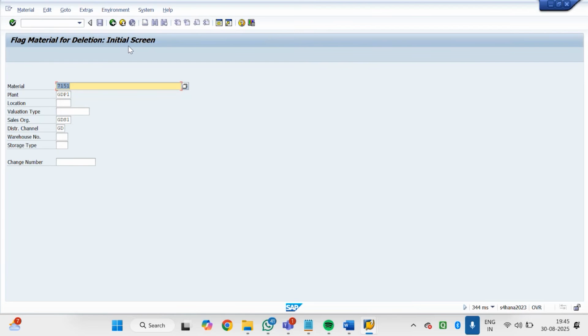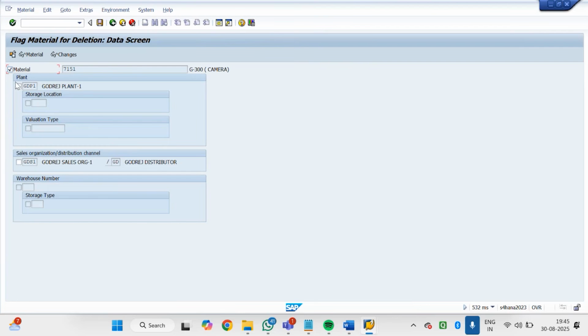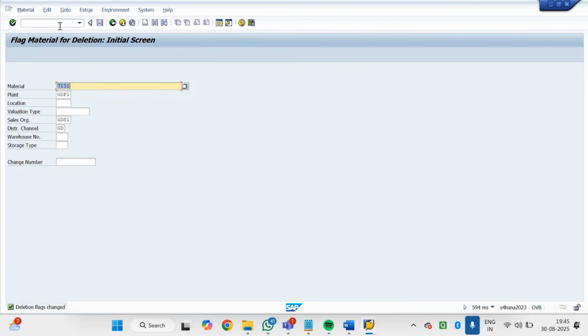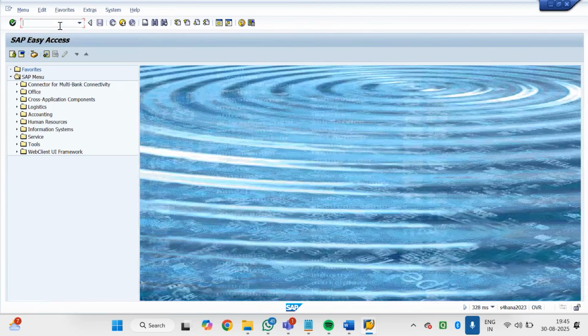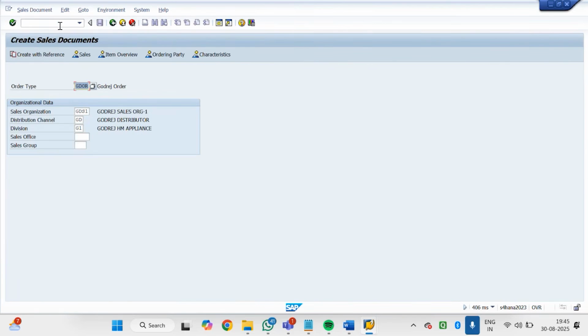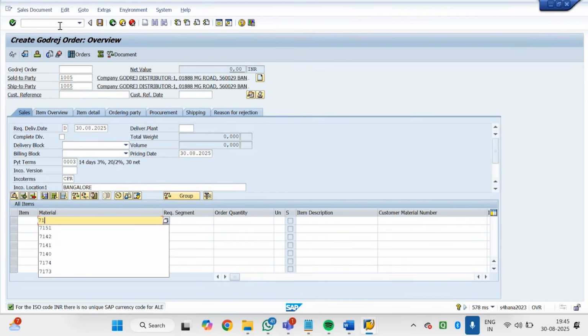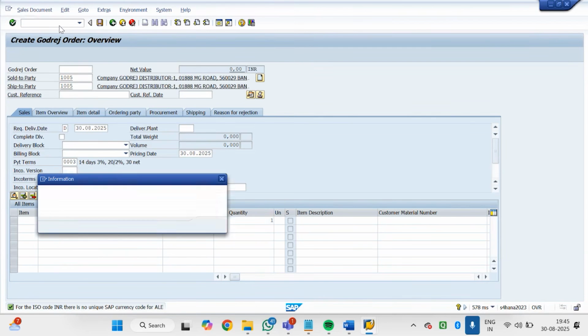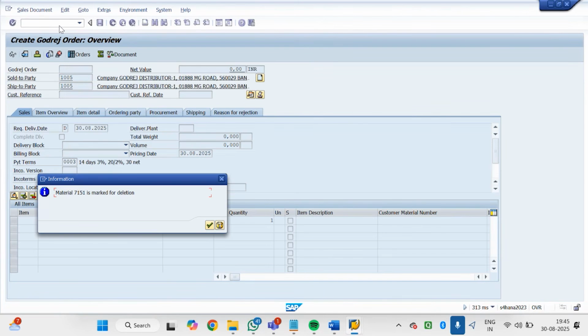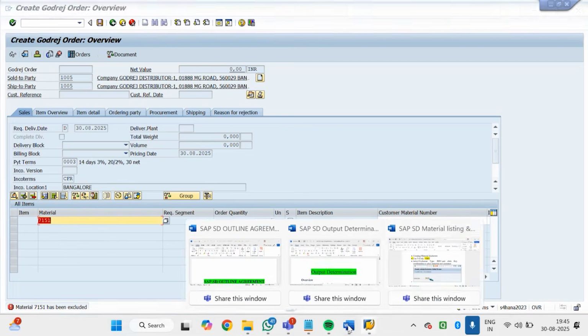अगर मुझे पास्ट हिस्ट्री चेक करना है, मुझे डिलीट नहीं करना है, बट परमानेंट एक्सक्लूड करना है, कितना प्रोडक्ट बिका था तो हिस्ट्री निकाल सकते थे? इस पे वो नहीं दिखाएगा, इस पे सिर्फ दिखाएगा कि हमने ये डिलीट ऑप्शन में डाल दिया। ये तो मटेरियल मैनेजमेंट का काम है कि डिलीशन ऑप्शन में डाल दे। मान लो कि हम एक ऑर्डर क्रिएट कर रहे हैं और ये मटेरियल हमने डाला, सिर्फ वार्निंग मैसेज देगा। देखते हैं क्या देता है। ये मैसेज दे देगा, मटेरियल 7151 इज मार्क फॉर डिलीशन, तो ऐसे मैसेज दे देगा कि ये डिलीशन में चला गया है। ठीक है, करेक्ट।